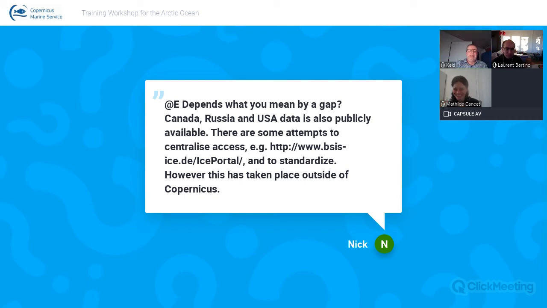Yes, but all the data that's produced by the government ice services around the globe are actually sitting on this ice portal that's on the screen right now. So I think the future is to see how we can bring this further and bring it into a Copernicus context. So we get the Arctic coverage and the frequent updates coming into Copernicus